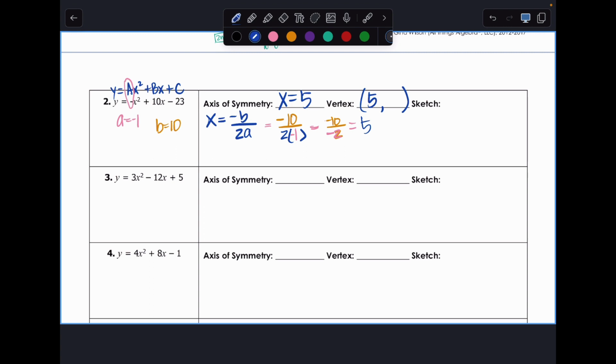All right, here we go. Plug in 5, y equals. We're going to put in 5 for every time I see an x. Now, if I put in a 5 for this one, am I going to put the negative inside the parentheses or outside the parentheses? It should be outside the parentheses because it was already there in our equation first. That negative was outside of the x, and the x value is 5, not negative 5. So I'm going to keep that negative outside the parentheses. I'm going to put in my 5 in that parentheses spot, and then